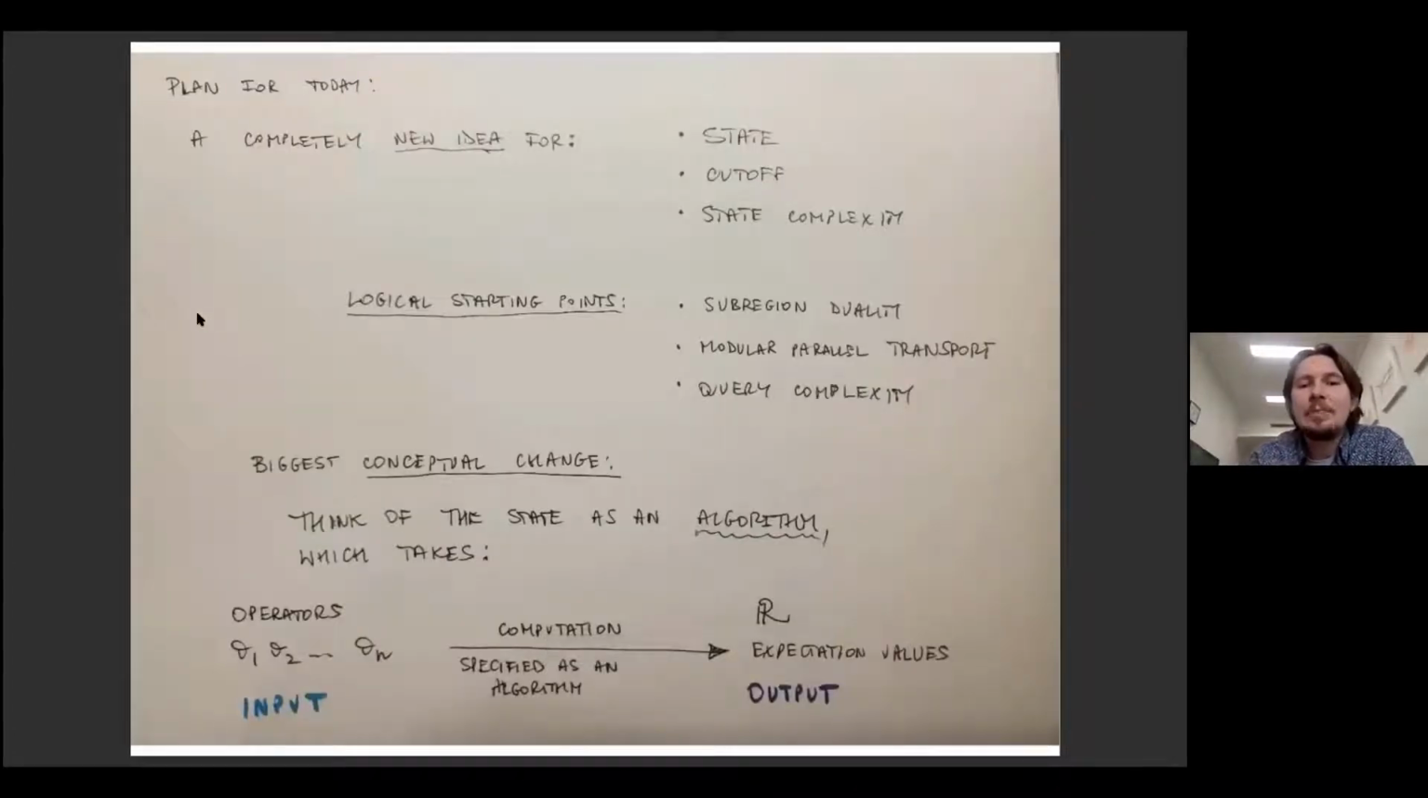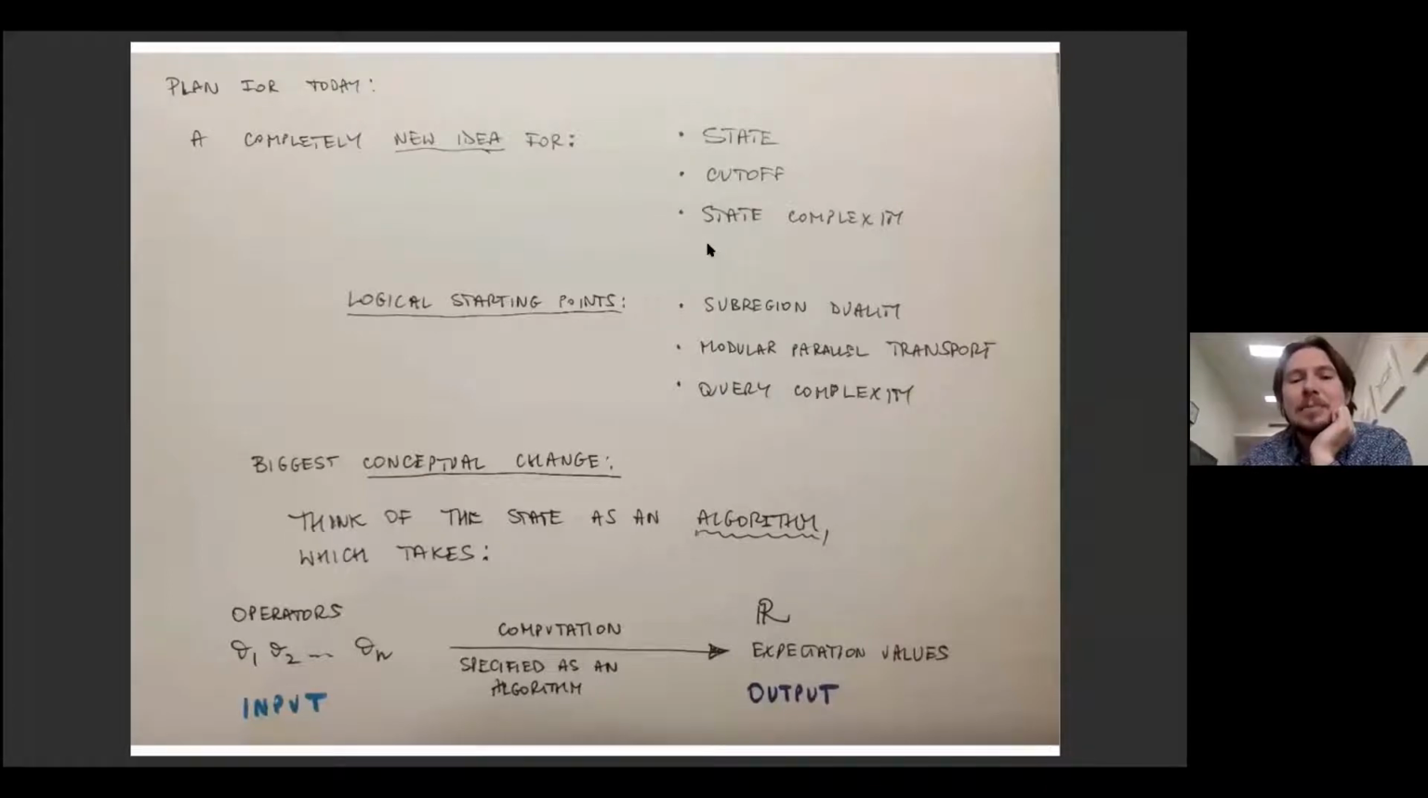And now let me again state my plan for today. I will give you a completely new idea, or I think it's completely new, for how to think about state complexity. In fact, I will have to tell you a new idea about a cutoff, and I'll have to go even more basic than that and give you some new idea about what a state is in state complexity. And in going over all these proposals, some of them radically new, some of them just a little new,